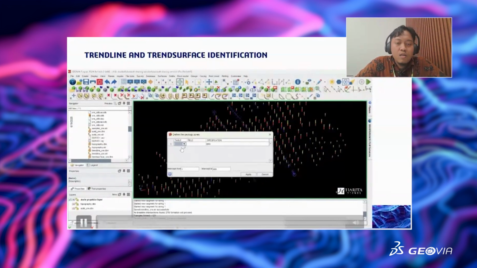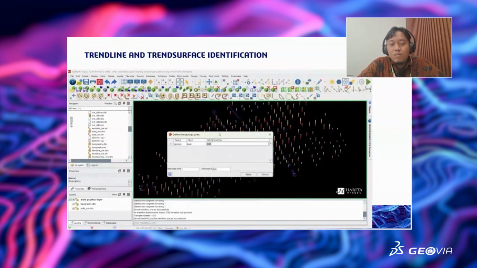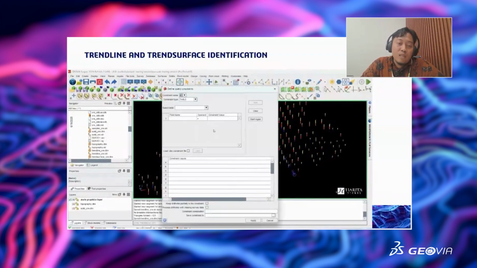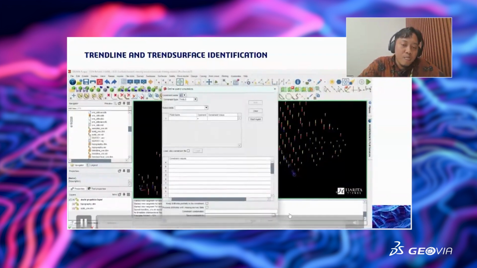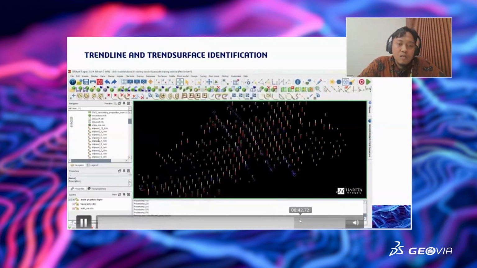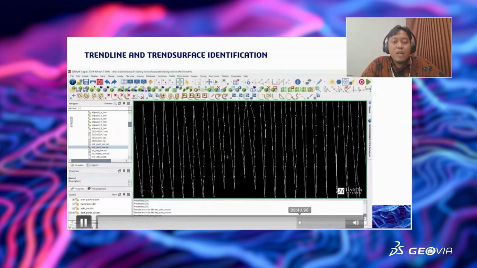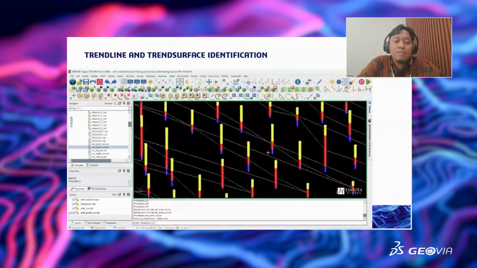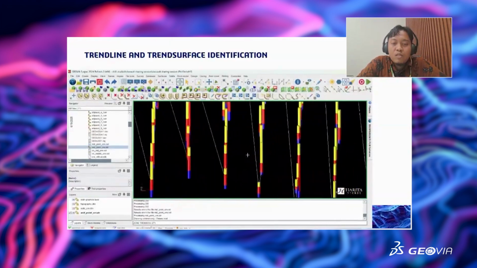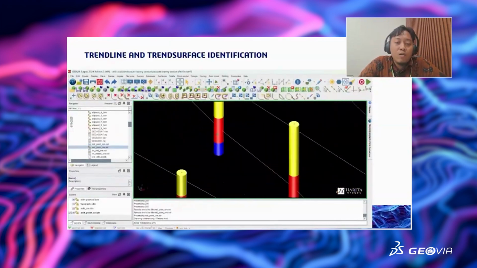So after that, the table layer is the geology, based on your database also. This is my geology, and the table is the geology, and the field is layer, and the specification is sub-rhyolite, because it is my sub-rhyolite domain. And after that, they will produce the string that is extracted from the middle of my solid here. So this is all of the string in the middle of my domain.